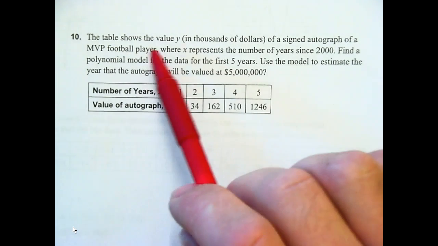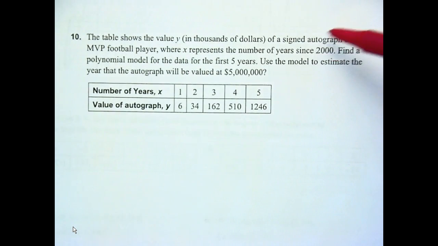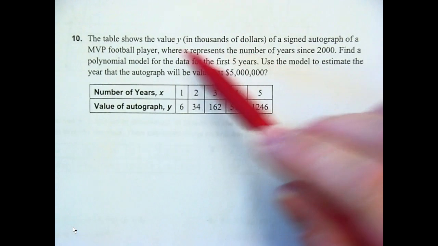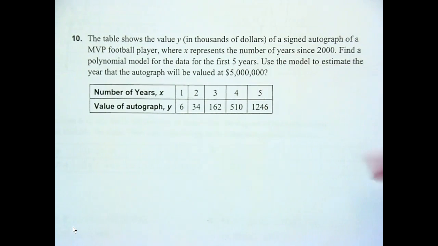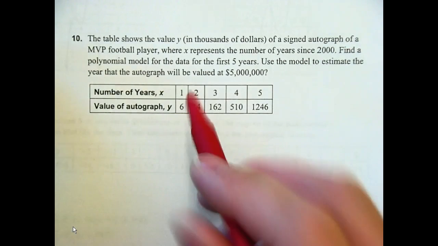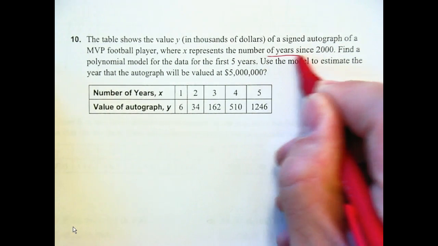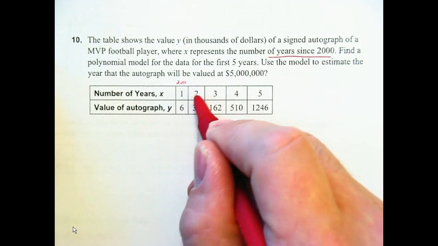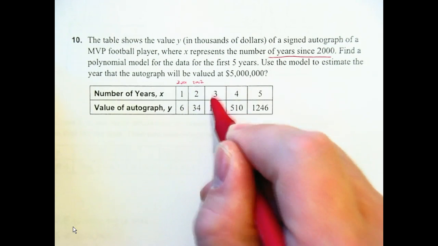So the table shows the value of Y in thousands of dollars of a signed autographed NFL football of an MVP football player, where X represents the number of years since 2000. So just so we understand, number of years since 2000 is 2001, 2002, 2003,